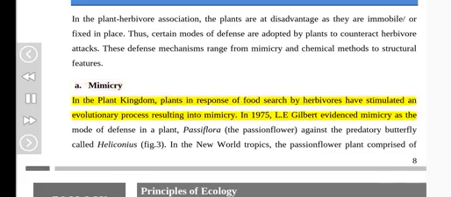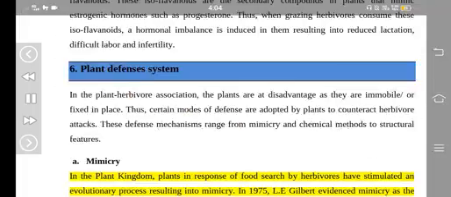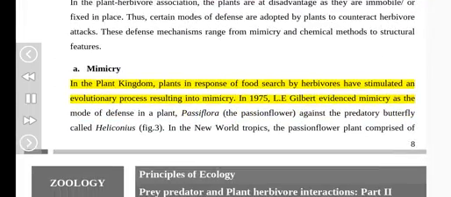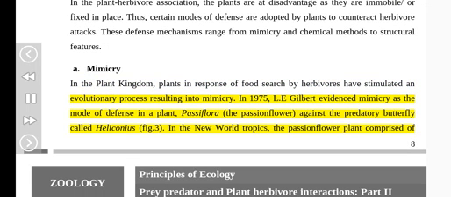A. Mimicry. In the plant kingdom, plants in response to food search by herbivores have stimulated an evolutionary process resulting in mimicry. In 1975, L. E. Gilbert evidenced mimicry as the mode of defense in a plant, Passiflora, the passion flower, against the predatory butterfly called Heliconius. Figure 3. In the New World tropics, the passion flower plant comprised of